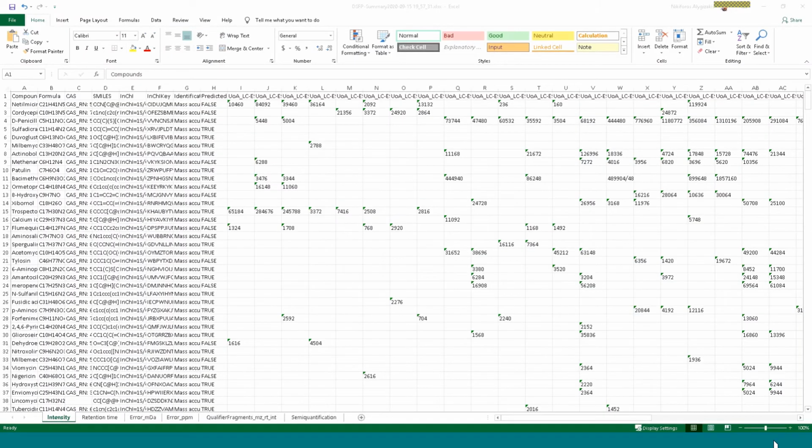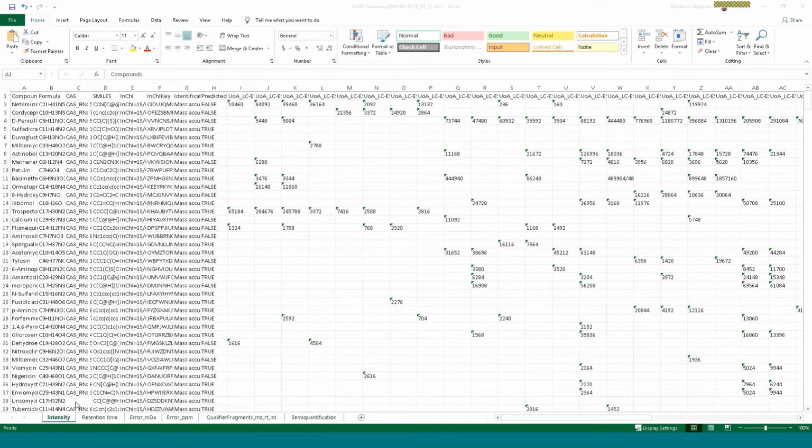Let's have a closer look at the summary Excel file, which is the output of the batch mode module. This Excel file consists of 6 tabs: intensity, retention time, error in millidalton, error in ppm, detected qualifier fragment ions, and semi-quantification.